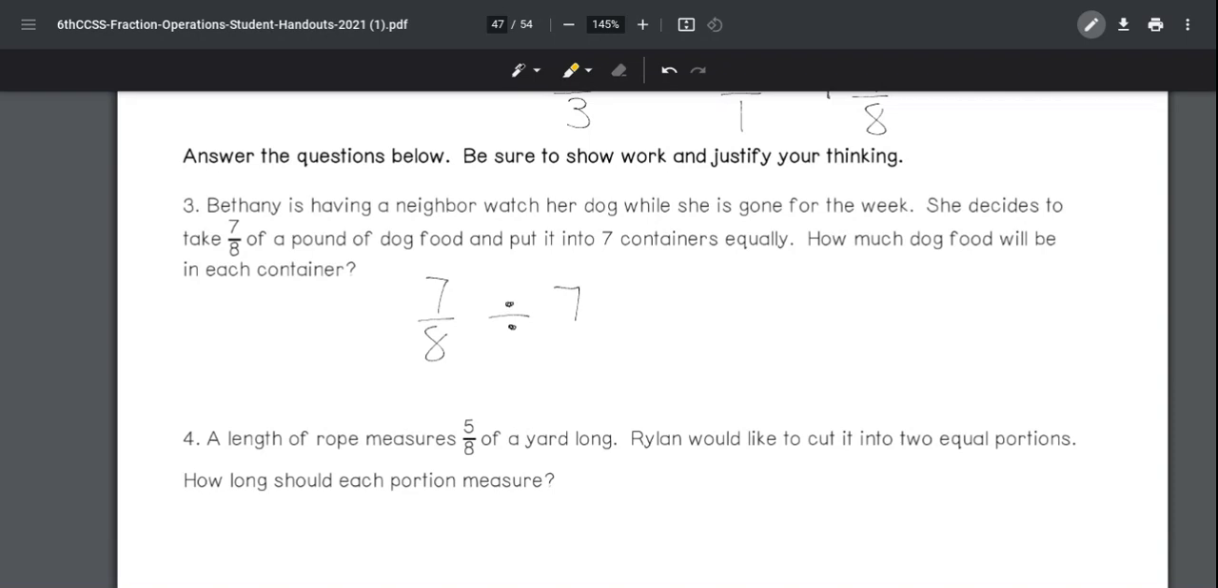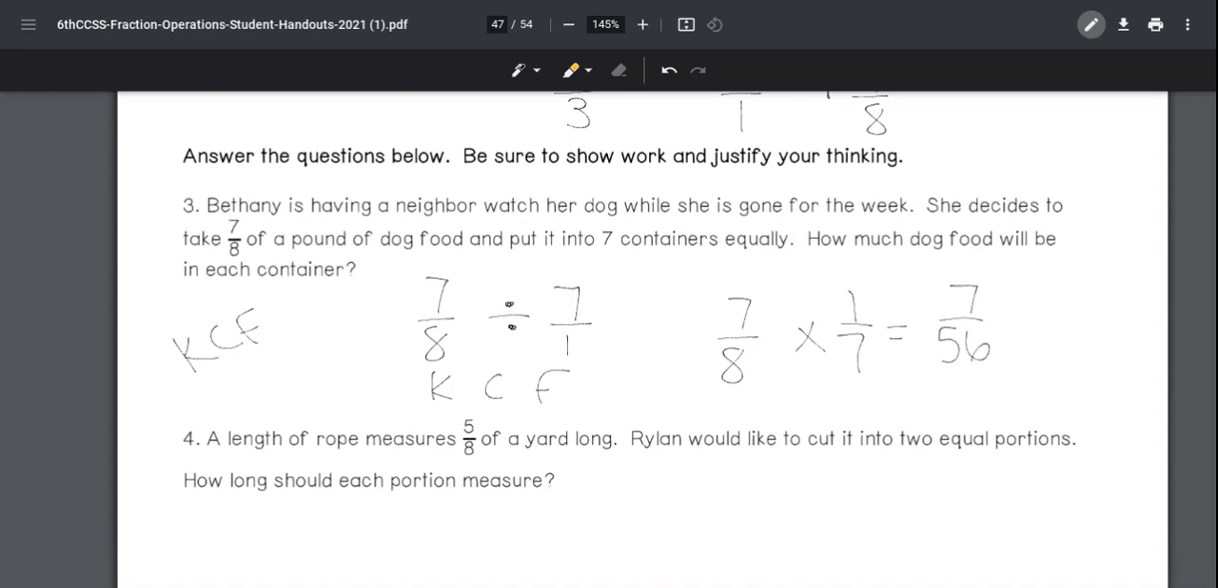Well, since I'm dividing fractions, I'm going to use the keep change flip. So I'm going to make my 7/1. I have a top and bottom for both fractions. So now I'm ready for the keep change flip. Keep 7/8 the same. Change our division to multiplication, and flip our last number, so it's going to be 1/7. Okay, you can multiply straight across and get